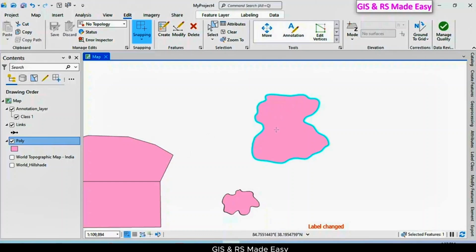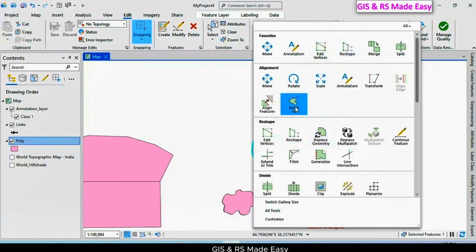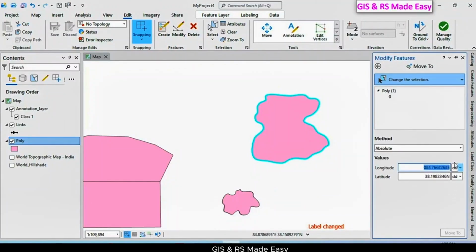But if you know the exact coordinate of this polygon, any point of the polygon, then we can move to that coordinate value. Let's go to move to, and we can use the method absolute, delta, directional distance. If we use absolute value, we can use the coordinates, and if we use the directional distance,